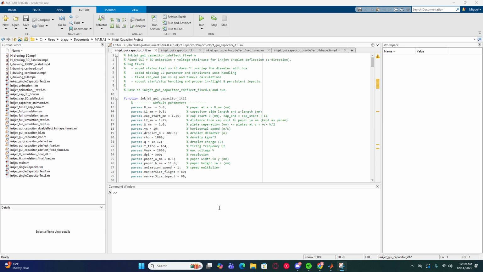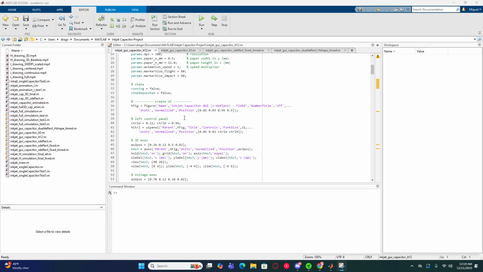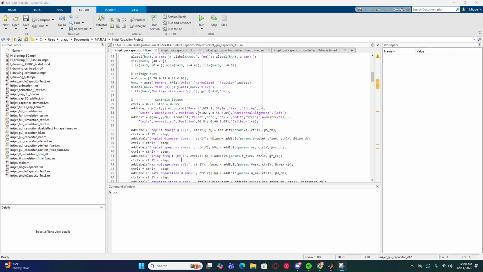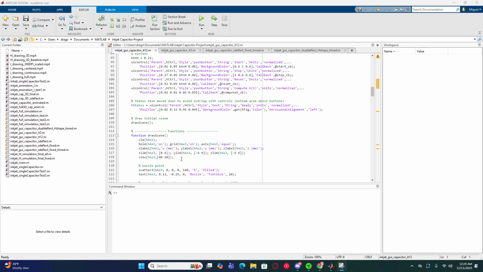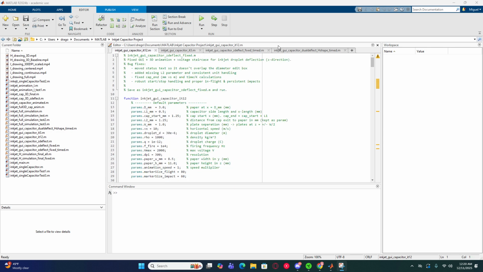It is an inkjet printer, essentially, specifically the function that throws the droplets onto the paper using capacitors. So I utilize MATLAB in order to create these simulations. And I have a couple of different programs here. The first one here is meant to essentially draw a line on the paper, while the second program ends up